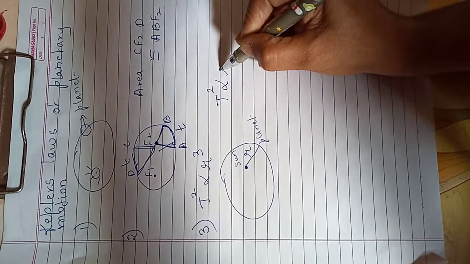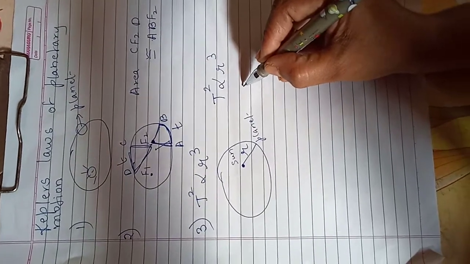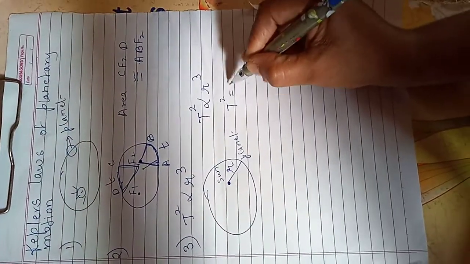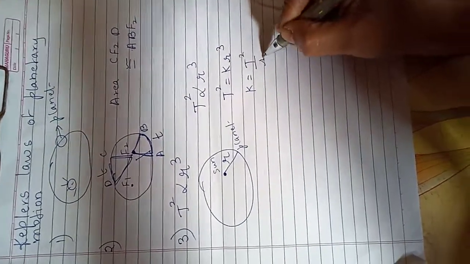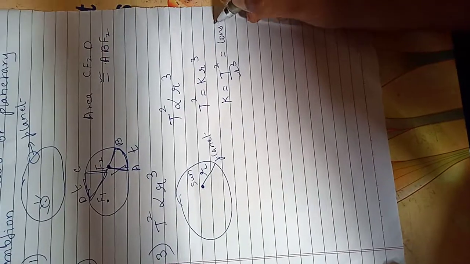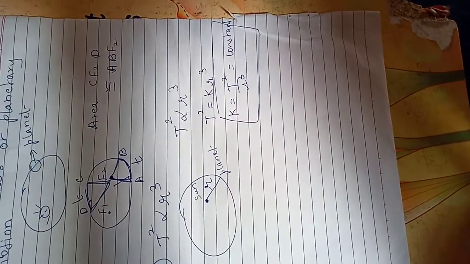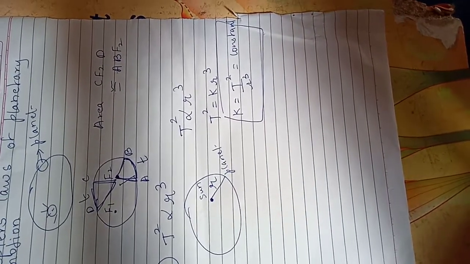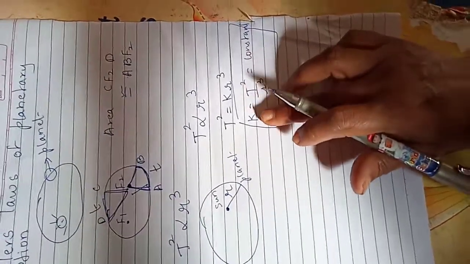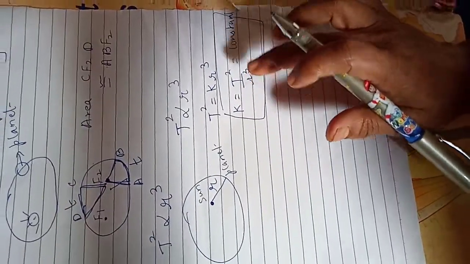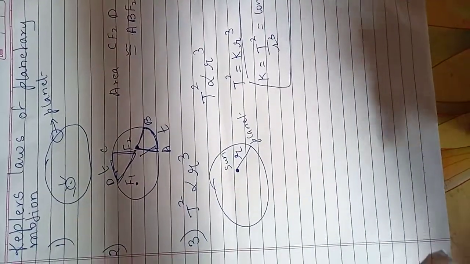The square of the period of revolution is directly proportional to the cube of the mean distance between the planet and the sun, or T square is equal to some constant k into r cube, where k is T square upon r cube, which is a constant. हे important आहे. This Kepler's third law of planetary motion was verified even by Newton, students. ते कसं? Just wait, for today you learn this part. ठीक आहे, that k is equal to T square upon r cube is equal to constant वापरून आपण Newton's laws verify करणार, Newton's laws of gravitation.